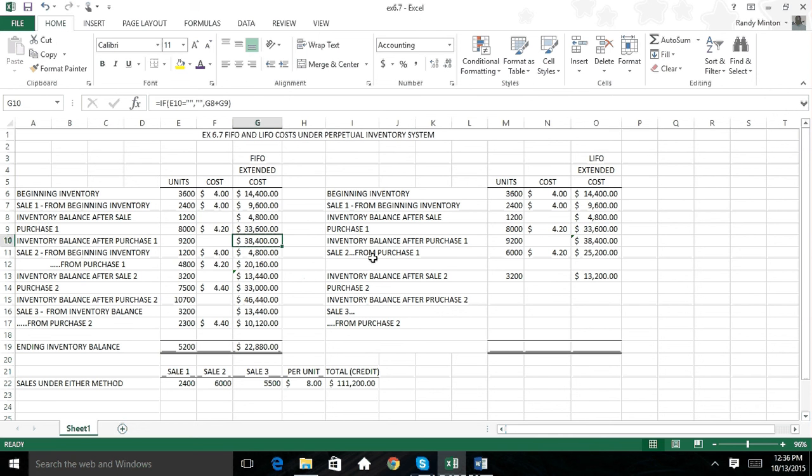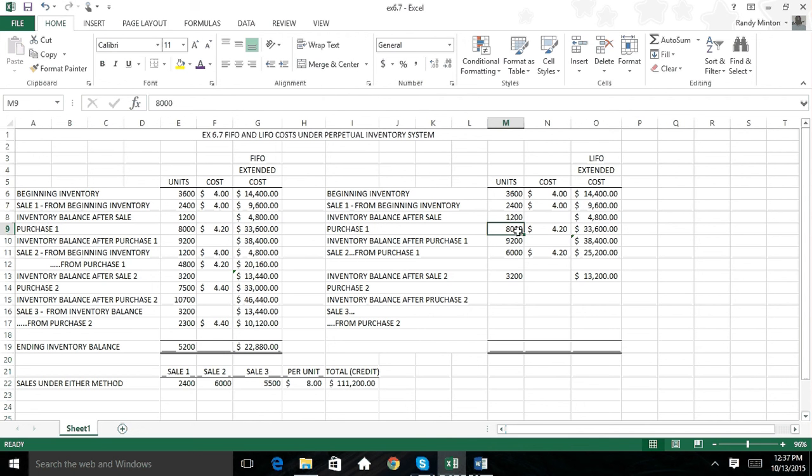So in sale number 2, remember with LIFO, the last ones in now are the first ones out. So we would look at the latest purchase, exhaust that latest purchase before going back to the previous purchase and the previous purchase and the beginning inventory and so forth, okay? So sale number 2 will come first out of the first purchase. Now we bought 8,000 units and we sold only 6,000 units. So when we did that, I only need to take the 6,000